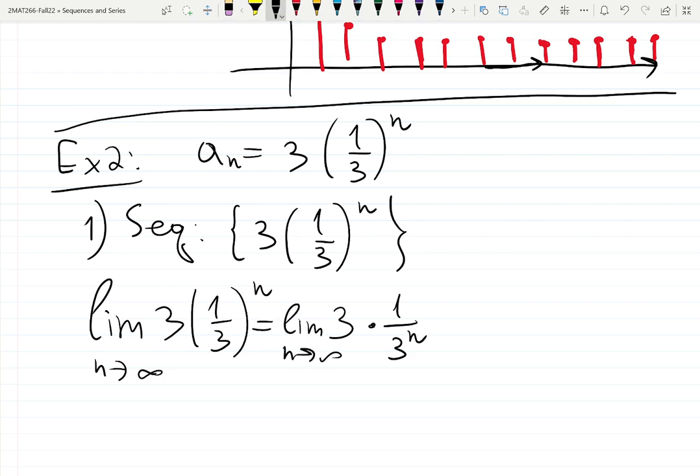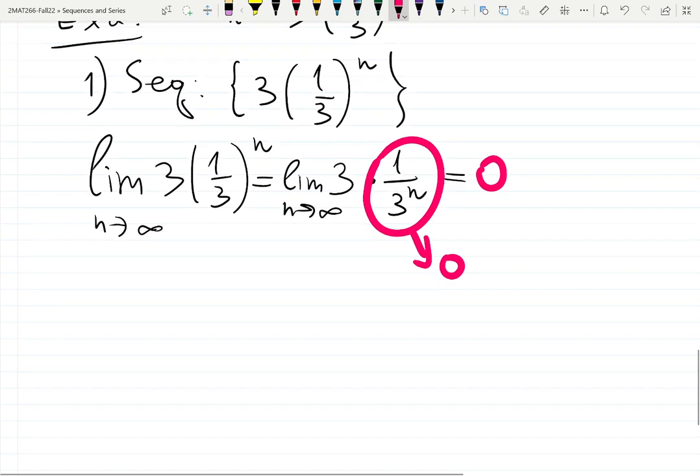I missed the limit, as n goes to infinity. Then this function goes to 0 because the denominator goes to infinity. 1 over the biggest number gives you the smallest number. 3 times 0 is 0. This is algebraically how you can see it. Or intuitively,